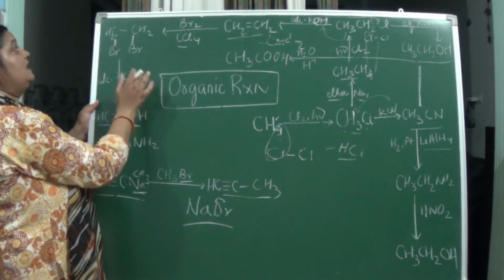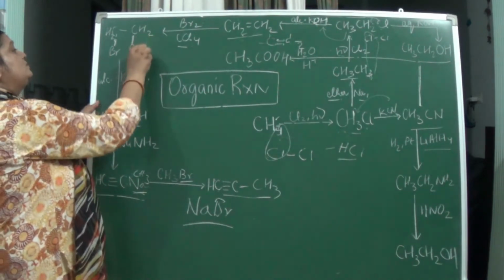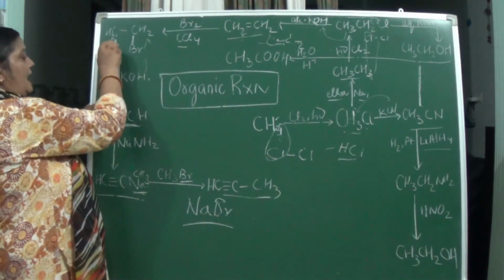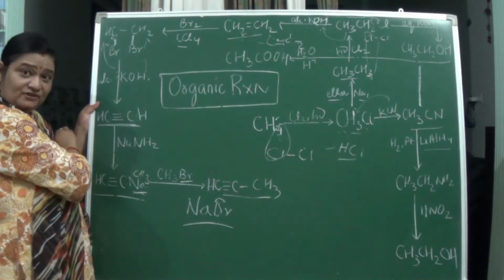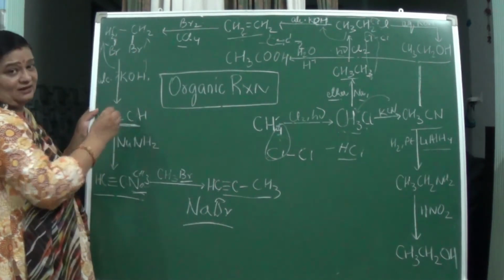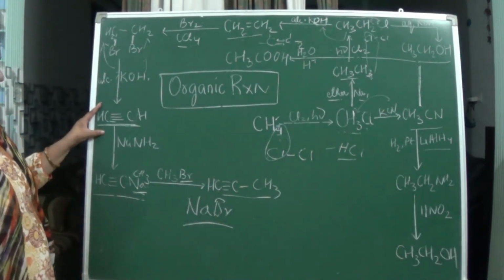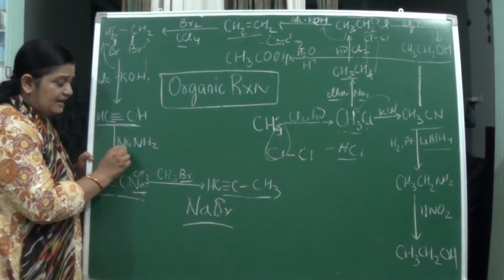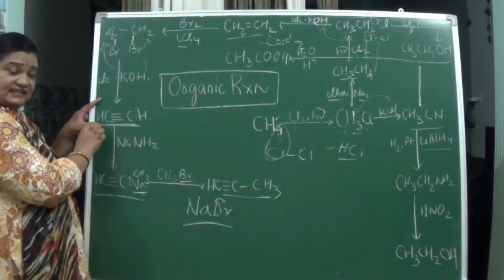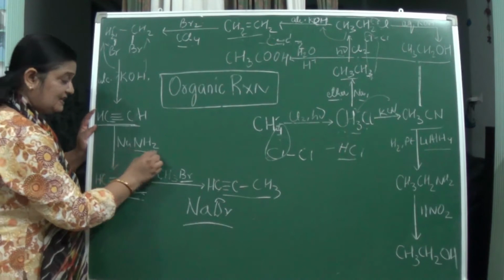Naturally here OH will be taking one hydrogen from this and one from this, and now the bond will be shifted and it will be forming a triple bond, and ethyne will be formed, okay. Now next, if we are adding this NaNH2 to this ethyne, naturally what will happen,